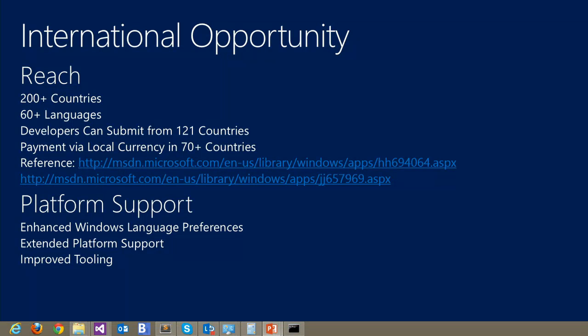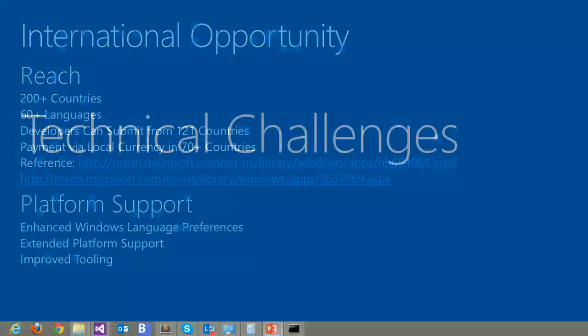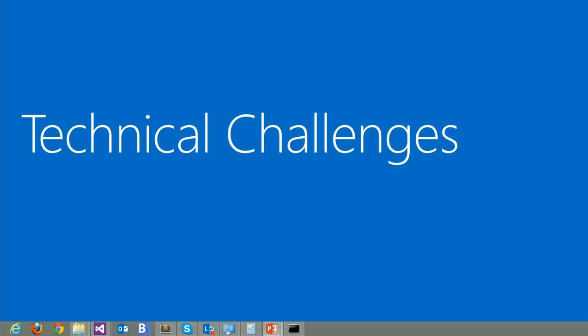Okay, and of course, for enterprise apps, we have an international audience, and there is an enterprise requirement to localize our applications. So we'll talk about the technical challenges, including how to handle text, how to handle the translation workflow,